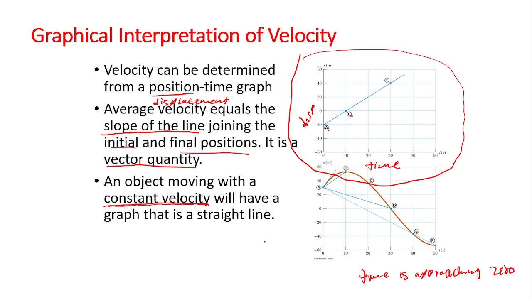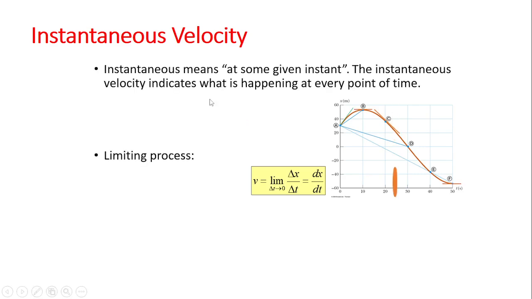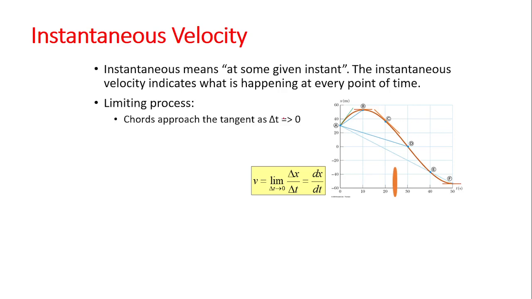Okay. Now, instantaneous velocity, I've already explained it. I'm sure you guys have gotten my point when I was explaining it. When you talk of instantaneous velocity, it simply means that at some given instant, the instantaneous velocity indicates what is happening at every point of time, such that you need to understand that this is a limiting process, whereby it depends on the